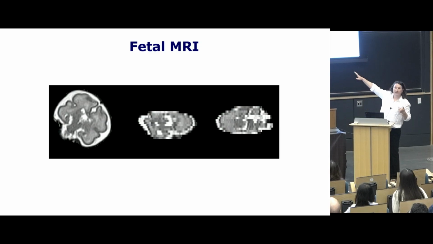First of all, the leftmost one is not upright, so it makes it difficult for radiologists to see. Think about all those experiments that you have seen where you're supposed to recognize faces upside down. Basically, this is what radiologists have to do confronted with these images, right? They have to tilt their head to be able to detect features associated with problems. And the other two are completely useless.